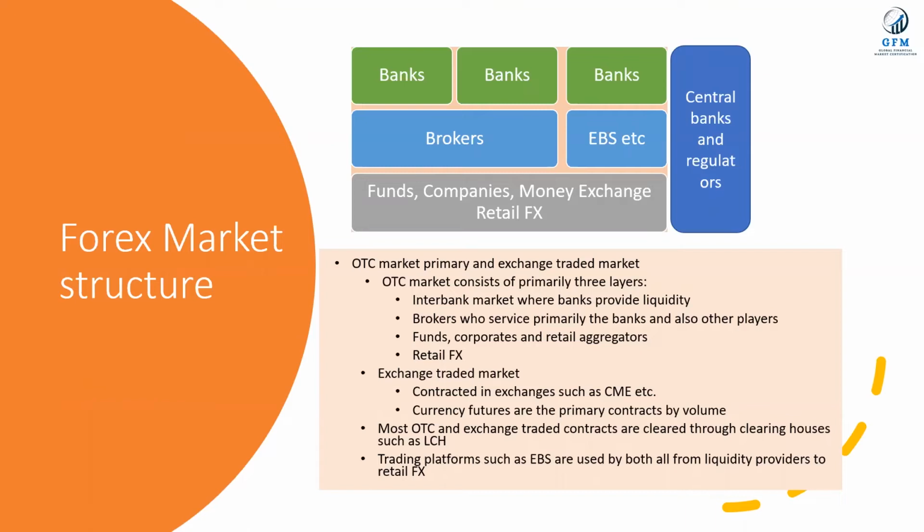And of course, there are other systems like EBS. EBS is a trading system which enables various entities to trade with each other. So these systems are also available. So these form the second layer. The top layer is the bank, and then the brokers, EBS, all these kinds of systems form the second layer. And then another third layer is basically the